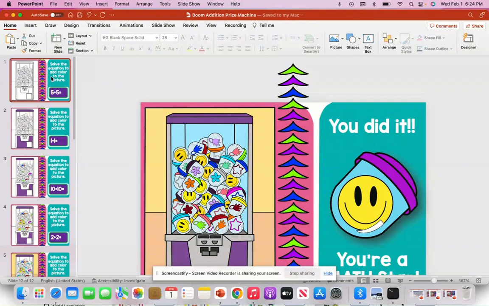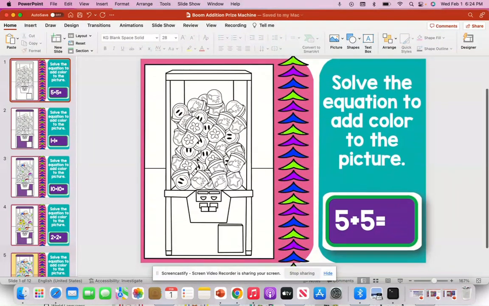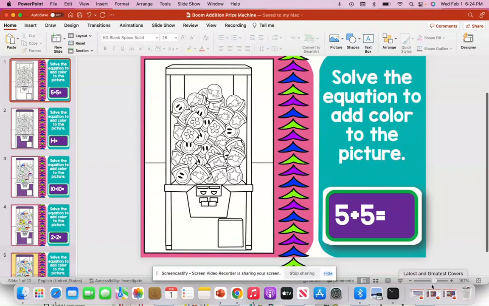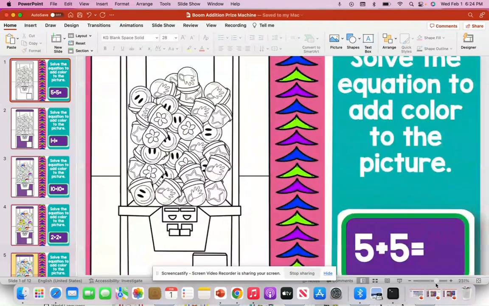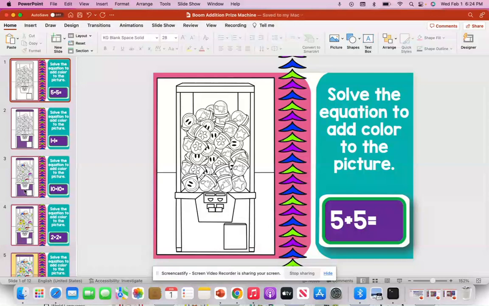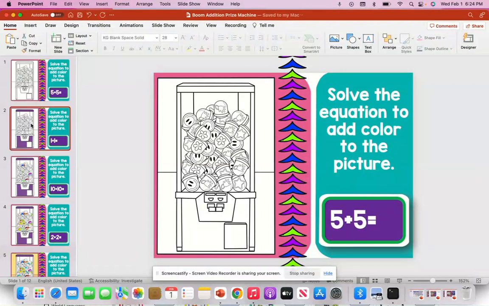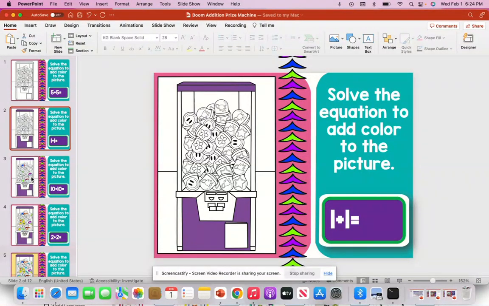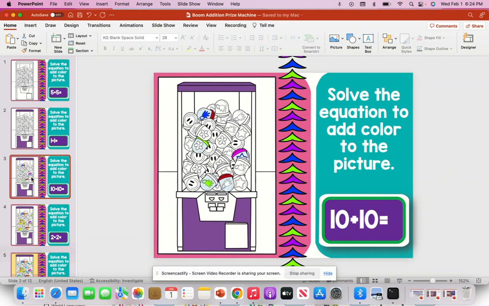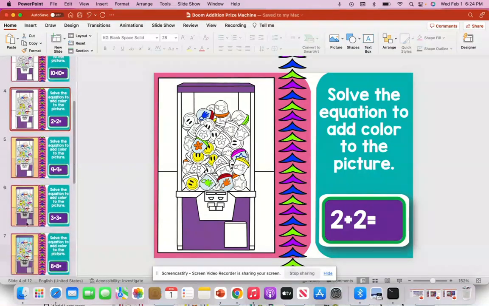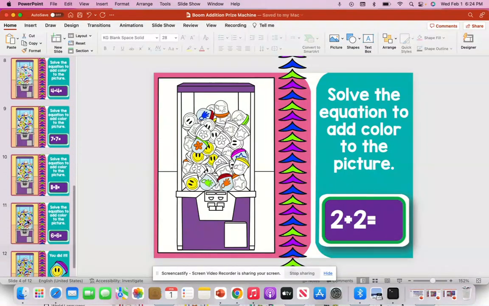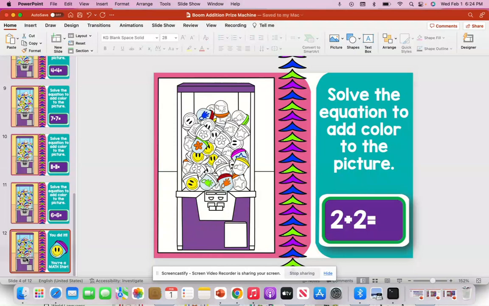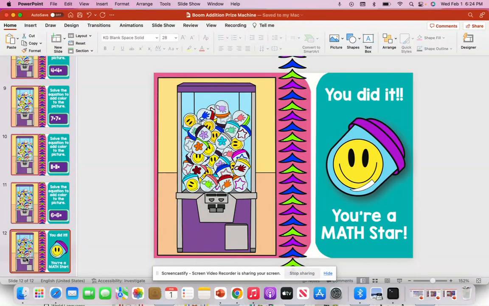Just a quick review. We start with the blank copy, the blank clip art. Then we move on to the one with a little bit of color added. Now a little bit more, a little more, and on and on and on until we get to the final product, which is right here. It's all filled in. So then I exported my